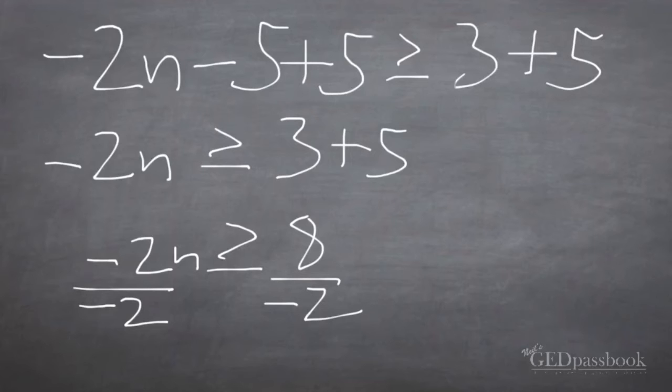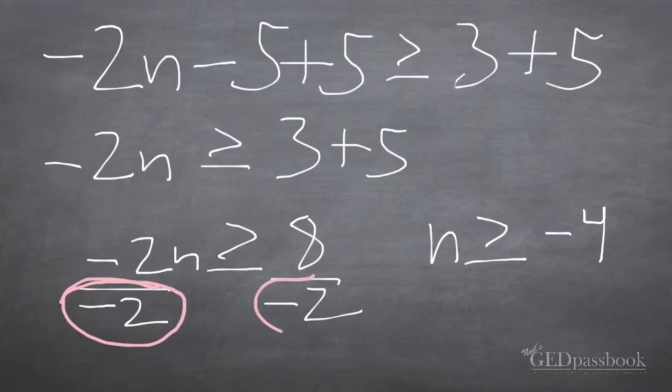All right. Previously, given your equation experience, what you would end up getting here would be n greater than or equal to, what's 8 divided by 2? Negative 4. You would think that would be your final problem. The thing is, no. The only trick with the inequality is this right here. Whenever you divide